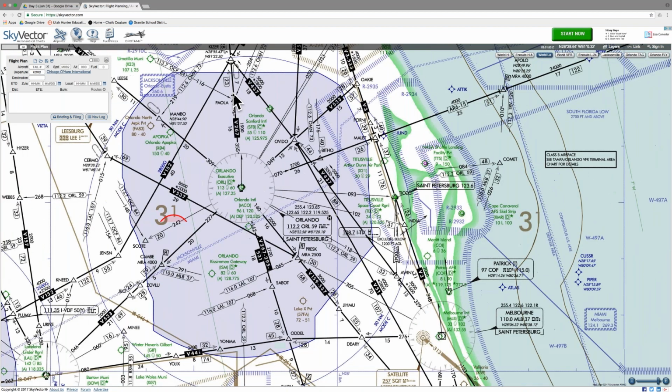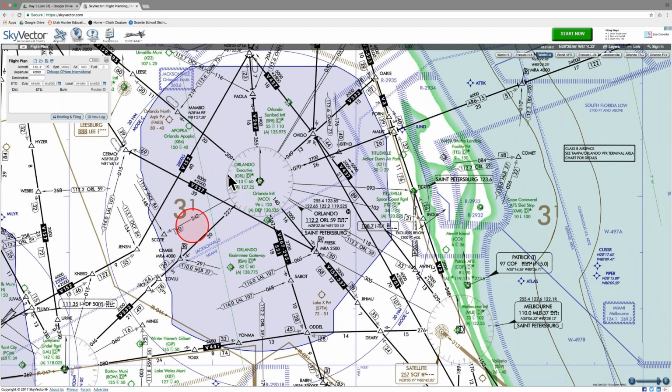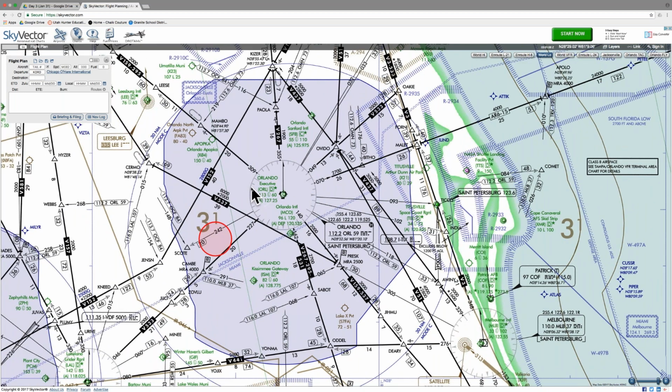And Garrett, will it always be light blue even if you're not using SkyVector? Yeah, so those areas are always identified on maps regardless. This is the exact map that the paper, I mean, this is identical to the paper map that you guys will see. And once again, like the guy iterated in the video,